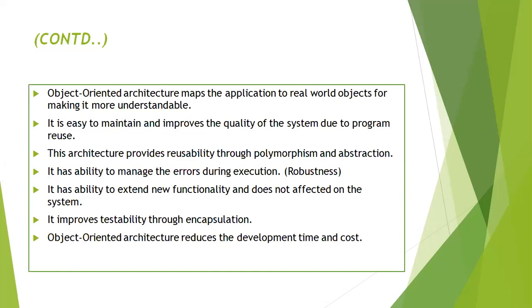So these are the different advantages of the object oriented architectural style. Architectural style means the coding part of your architecture is designed by using a language like Java or C++, and we are having many advantages. So this is about architectural styles.